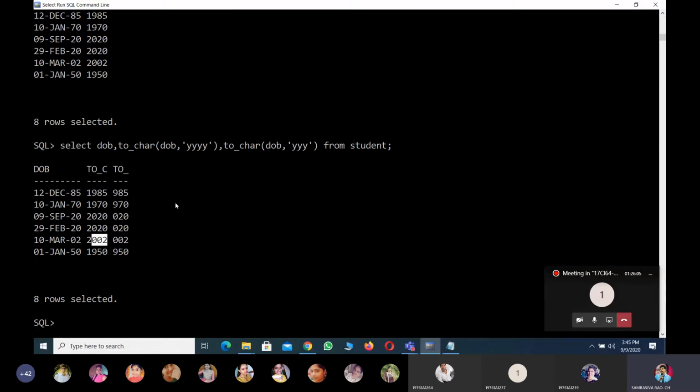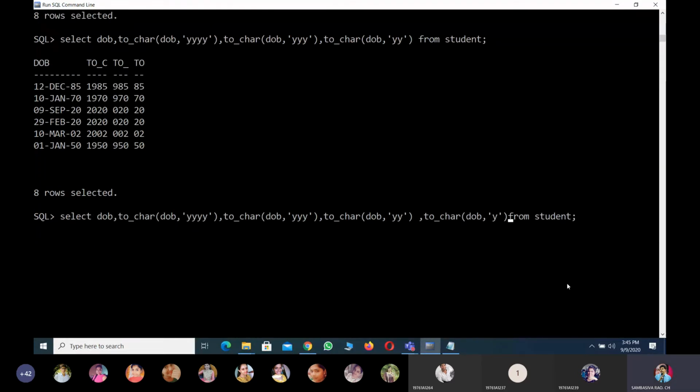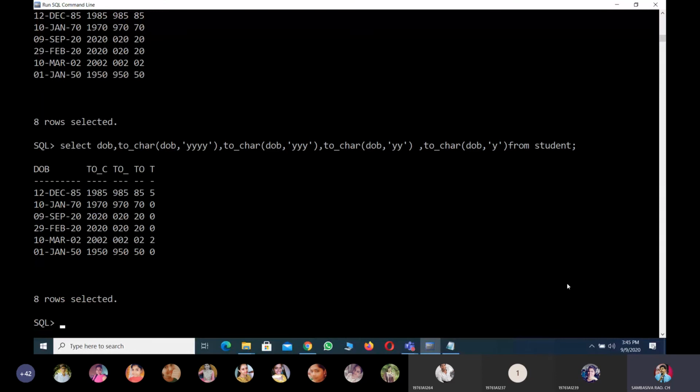The 2-digit format is the same: to_char of DOB with a 2-digit format. Like that, single digit format, which means a single Y. So like that we can segregate the year. Is it clear how to segregate the year?